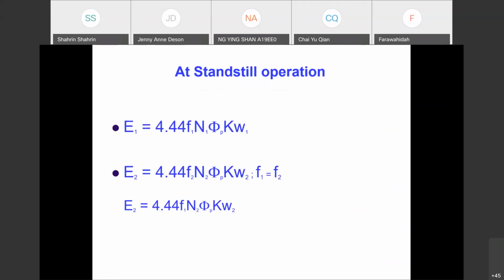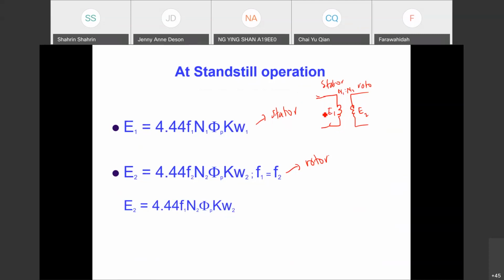So this is the voltage induced at the stator, and this is the voltage induced at the rotor. There are two. This is just like a transformer, because we have a stator and a rotor, and then we have N1 and N2. It depends on the winding. So this one is E1 and this one is E2. The only difference is that